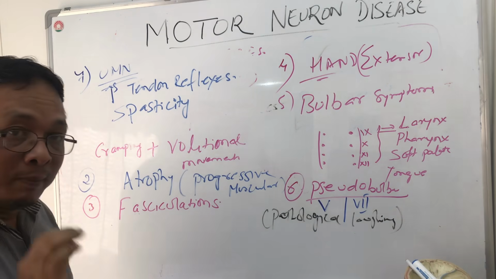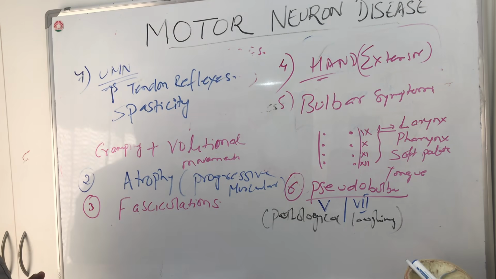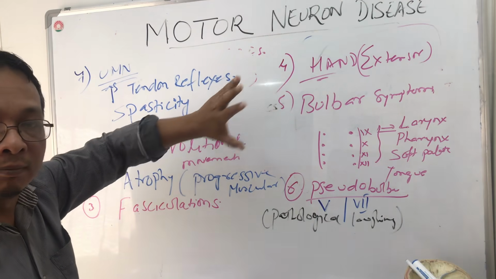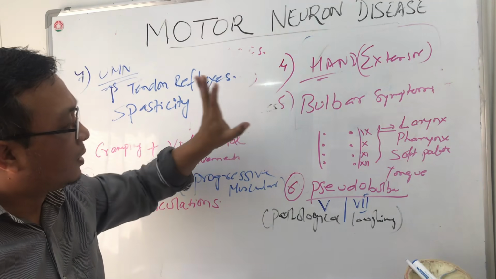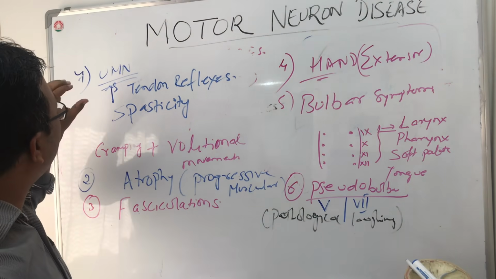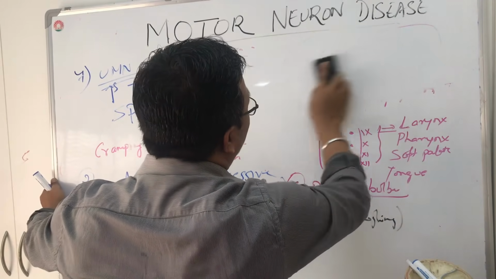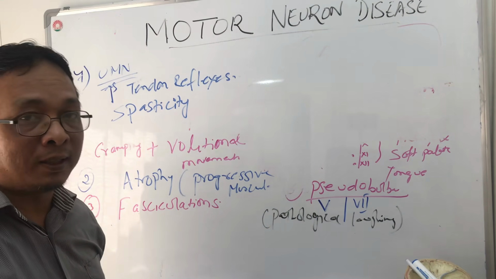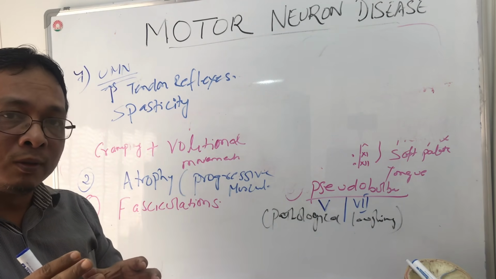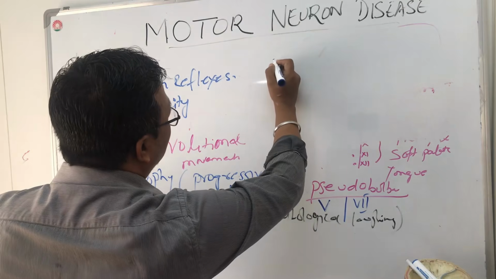So what are the things you remember in the clinical features? Look, we have gone with lower motor neuron type of paralysis, progressive atrophy, number 3 is fasciculations. There will be some hand muscle atrophy, but it's more common in the extensor group of muscles. There will be some bulbar signs, some pseudobulbar signs, and upper motor neuron signs. But what you will need to remember, because it is very commonly coming in MCQs, is what is not affected, because this is important when you do a differential diagnosis. So what are not affected? Remember the term called